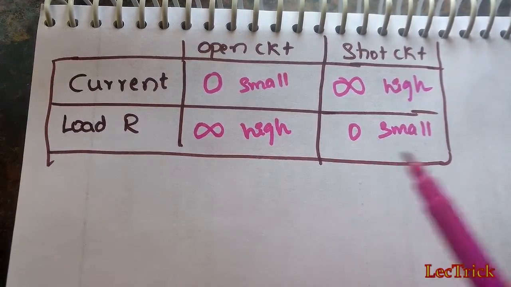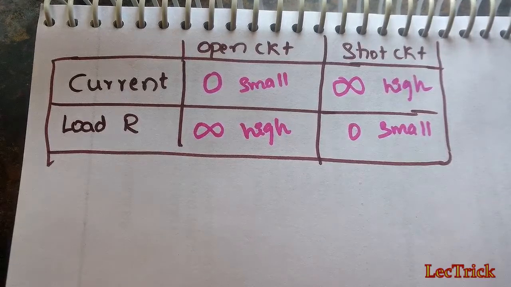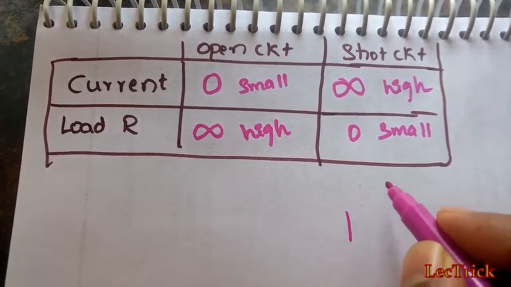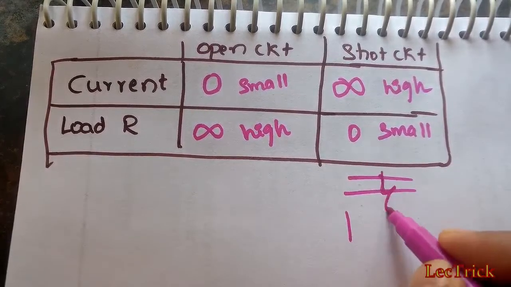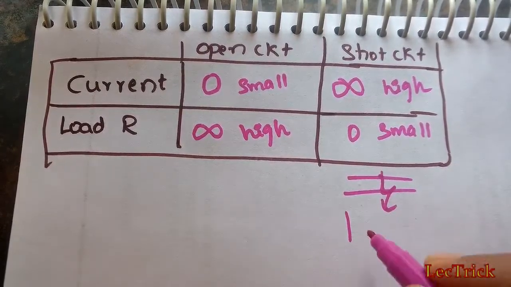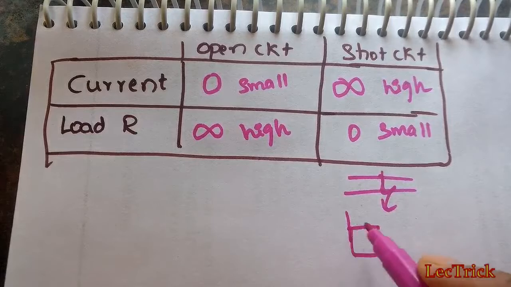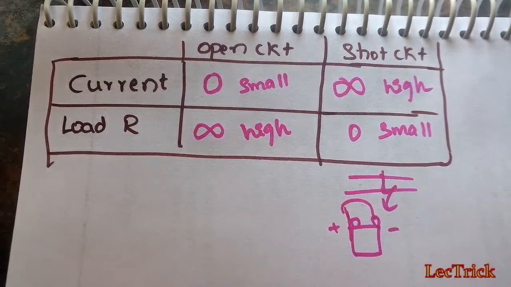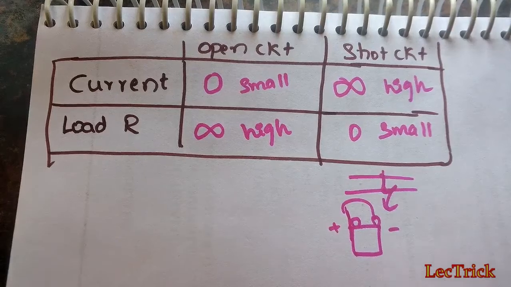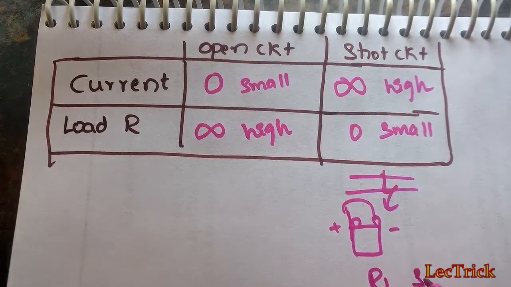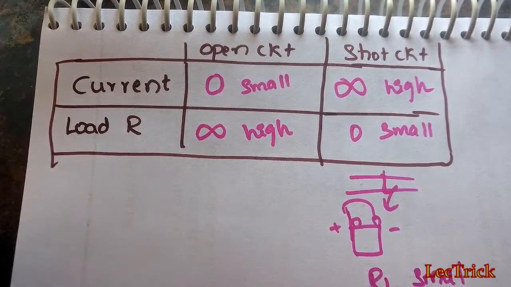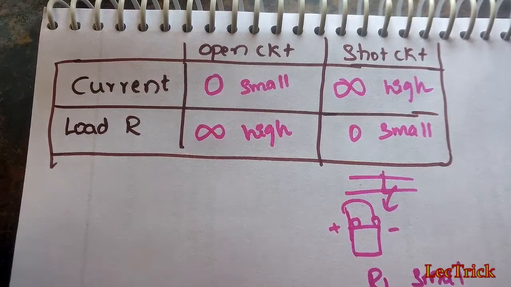A short circuit may occur when the insulation between two cables breaks down, or when the battery terminals directly touch each other. If we directly connect this, it will get burnt, and if we connect a very small resistance RL, it will blow off. That's why, to protect the circuit, we use a fuse or circuit breaker and other things.